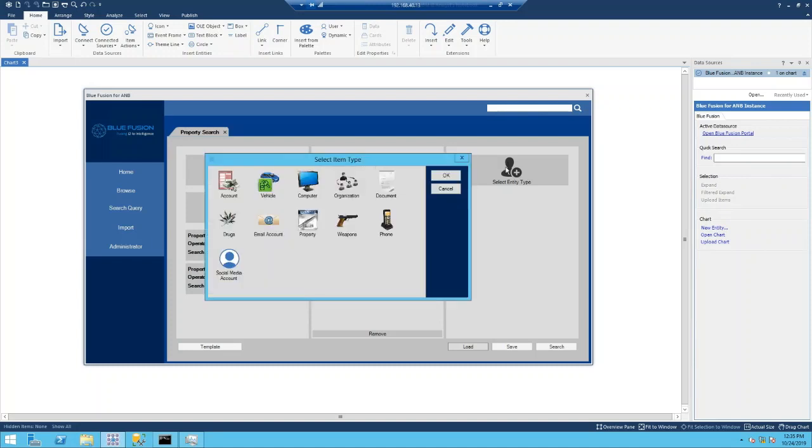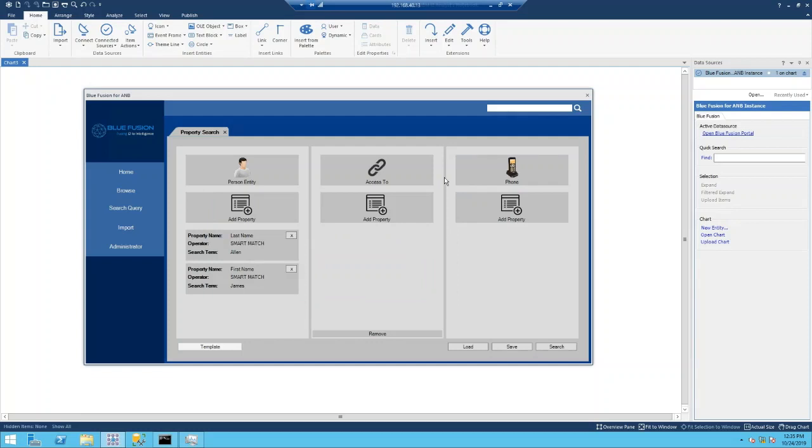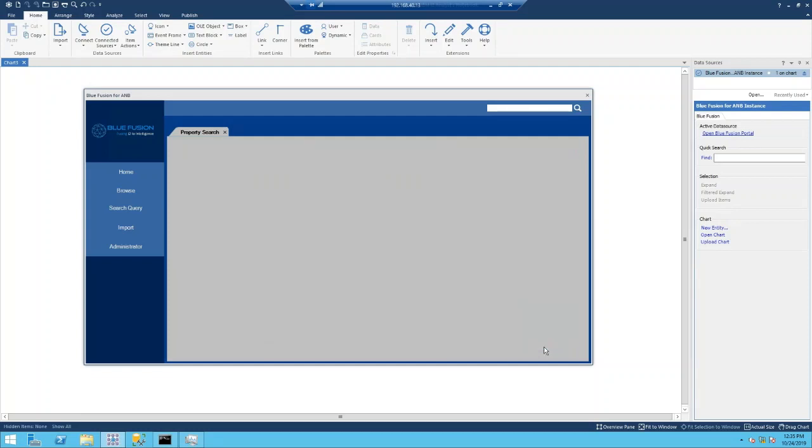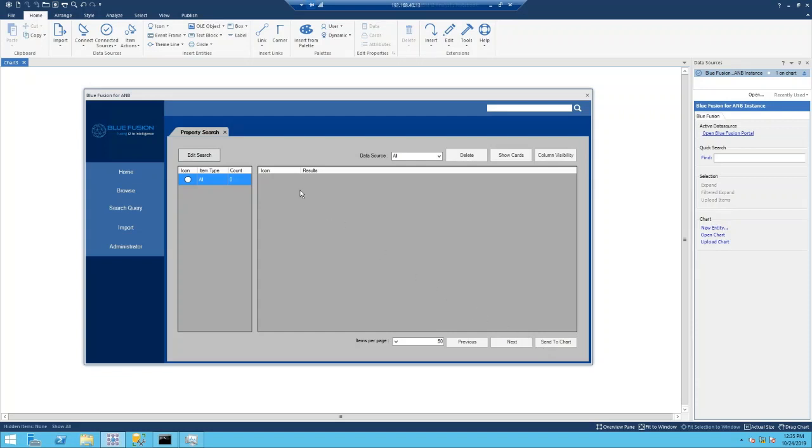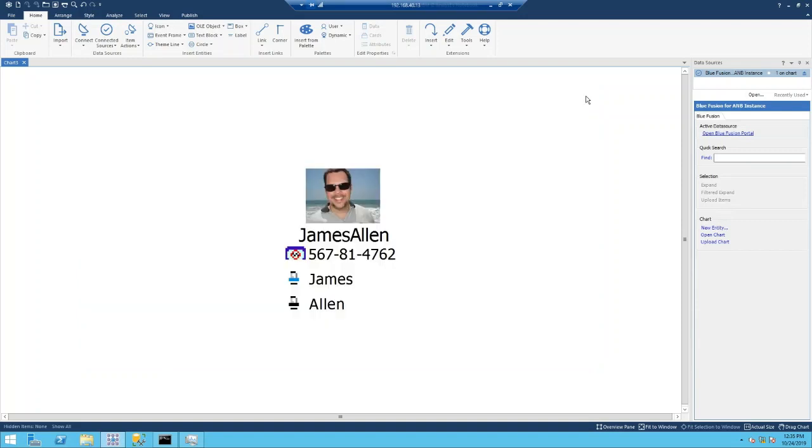Next, we choose the type of entity we're interested in. In this case, we'll do a phone number. We'll click on Search, and this results in 0 returns. Now this is expected. Say for example that the data has been generated elsewhere and you've decided to map it